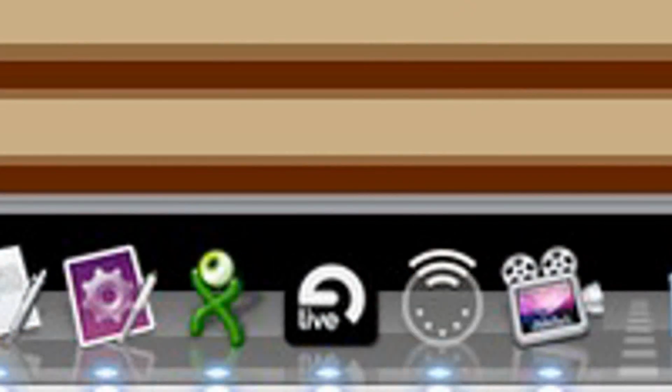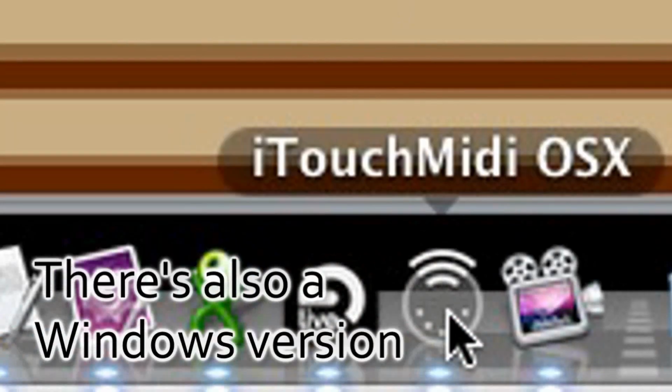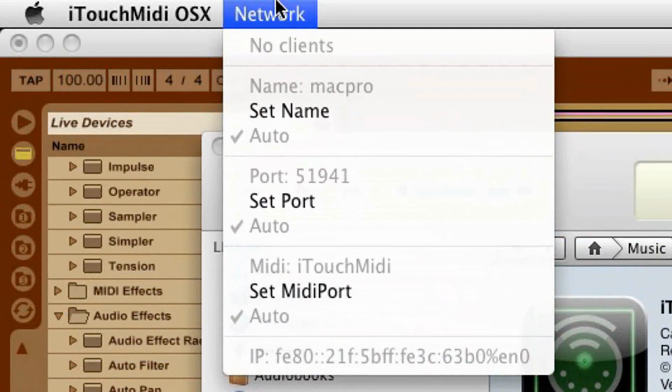Now when you start up, it doesn't look like so much, it just asks you to select a server, and this works because there's a client for the Mac, as you can see right here. I guess this will be a bit confusing, we'll figure it out in post-production. And so you launch this, and then it will recognize that something can connect on the network. So right here, now I can click this and select the Mac Pro, which is my main desktop computer for